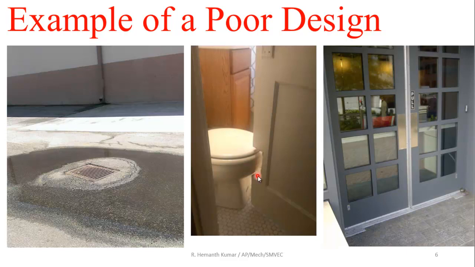They have not calculated the dimensions of the latrine equipment and placed it there. Similarly, in the third image, what is the failure? Handle. The handle is not there. Then also they have pasted a sticky note stating that pull is there, but there is nothing like any handle or anything to use for this door. So these three are examples of poor design.